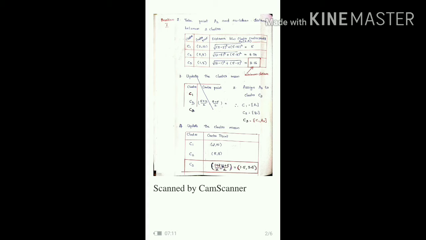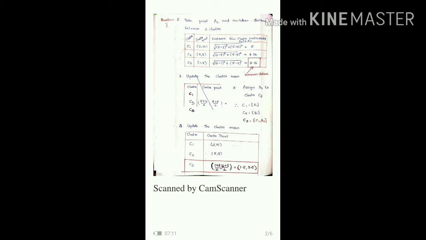Here the observed value is A2's point, that is (2, 5). The actual value of the C1 cluster center point is (2, 10). So the square root of (2 minus 2) squared plus (5 minus 10) squared